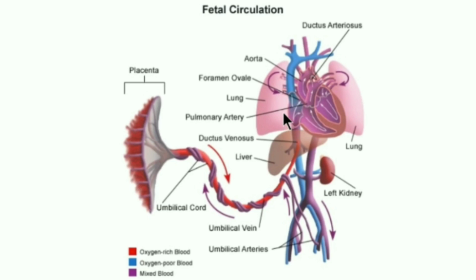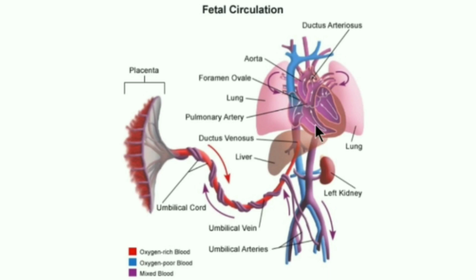25% of the blood from the inferior vena cava reaches the right ventricle, along with the blood from the superior vena cava. Superior vena cava blood collects from the brain and upper body parts, and that also comes to the right ventricle. So most of the blood from the superior vena cava and 25% of the blood from the inferior vena cava reaches the right ventricle. From the right ventricle, the pulmonary artery arises, and it carries blood from the right ventricle to the lungs.